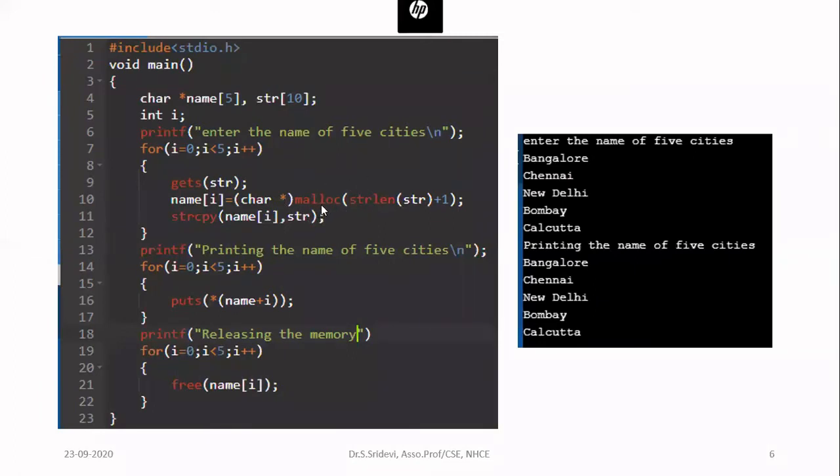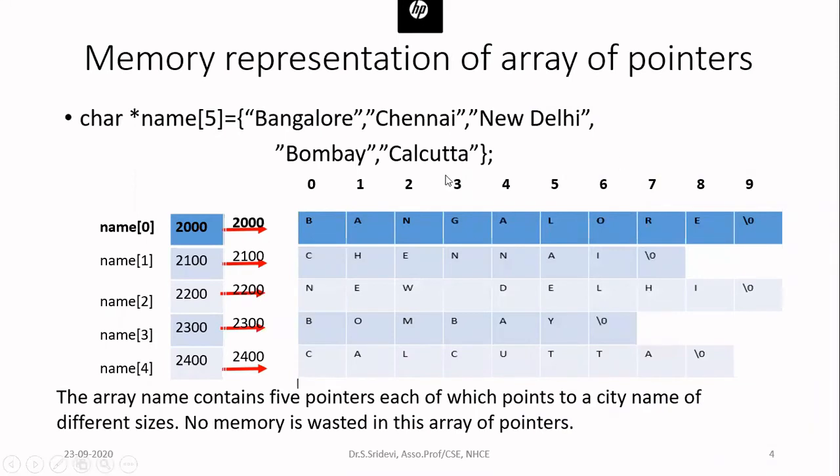What will this do now? It allocates memory according to the size given. Then it will return a void pointer. That pointer, where are you going to store? Now you got the name of only one city. Let us go to the previous diagram so that you will understand. The space for Bangalore is allocated starting from 2000 up to 2009, and it will return the starting address. The starting address is nothing but 2000. This will be returned by the function to you.